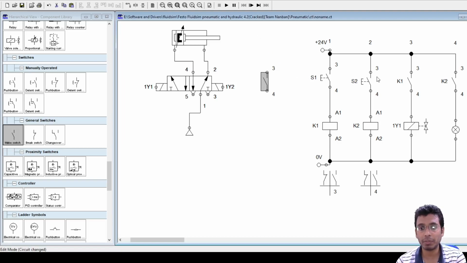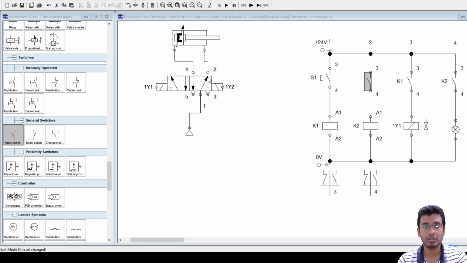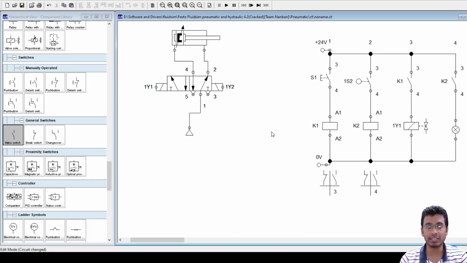Whatever the connection, I name this 1S2. Right now, just forget the rest of the system. Now tell me, is this 1S2 an input or an output element?